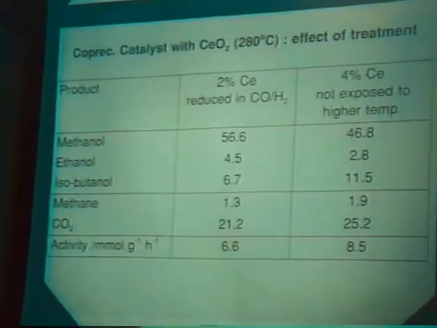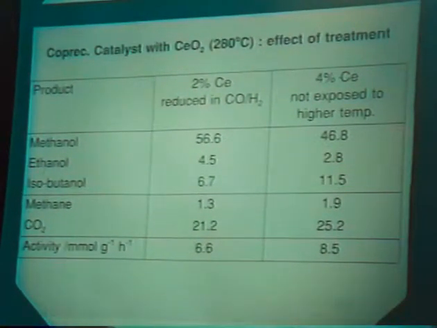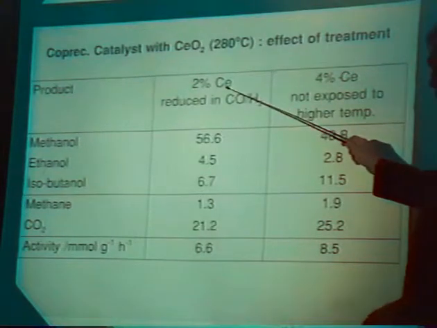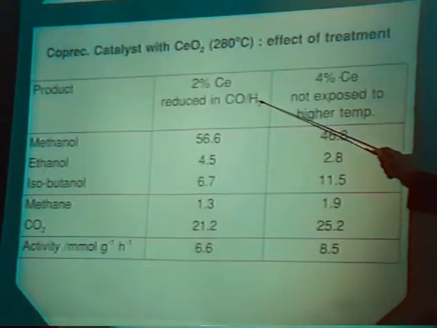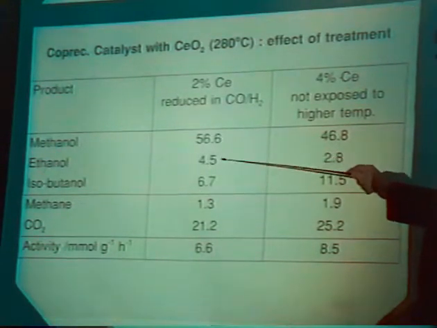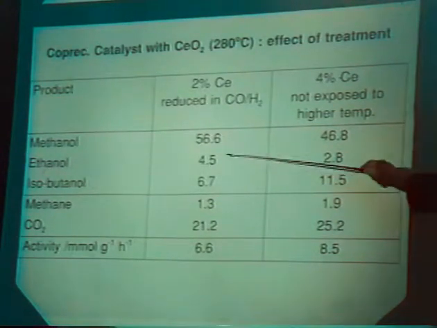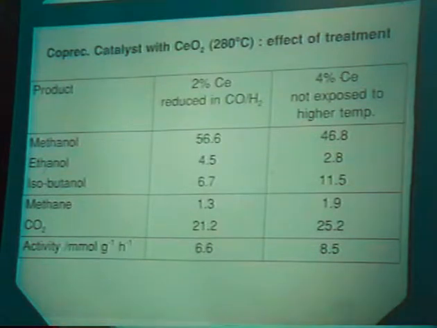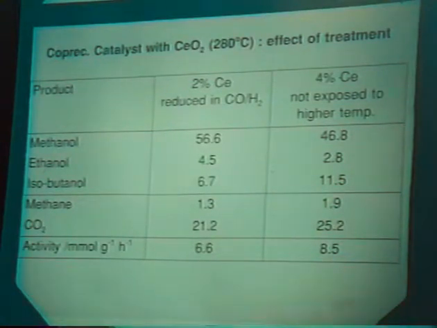Here are two results for the cerium-containing catalyst, co-precipitated, showing the effect of the pre-treatment of the catalyst. This is a fairly mild pre-treatment in both cases. Here is a result for the 2% cerium material, reduced in carbon monoxide and hydrogen. And you can see that the methanol, ethanol, and isobutanol concentrations are reasonably high. The higher alcohol concentrations are quite high with that particular catalyst. And here, the methane is, again, reasonably significant. And the same applies in this